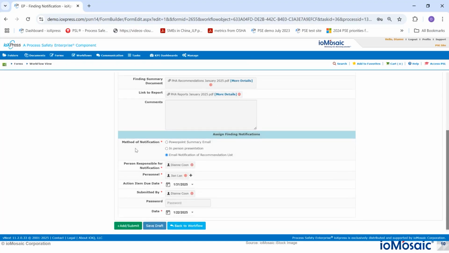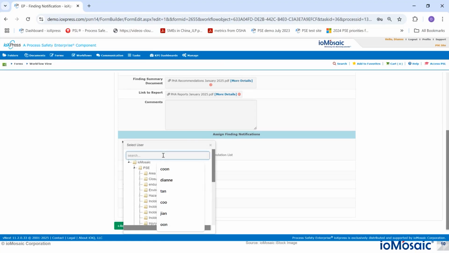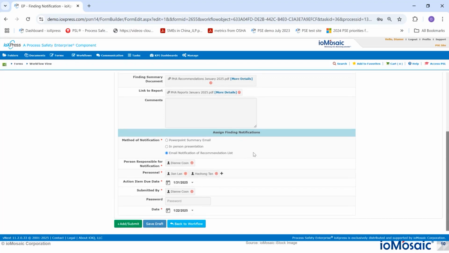You can have any number of methods of notification. You could add to this list. All of these lists are customizable. They're very easily managed under the Manage tab. I assigned myself, I assigned Lance, and I'm going to put one of his colleagues in just so we can see what happens with two people in here, but they're very easy to add. And then I would submit here,